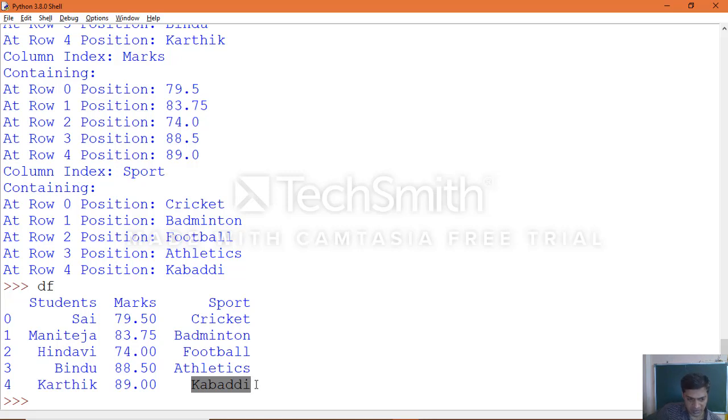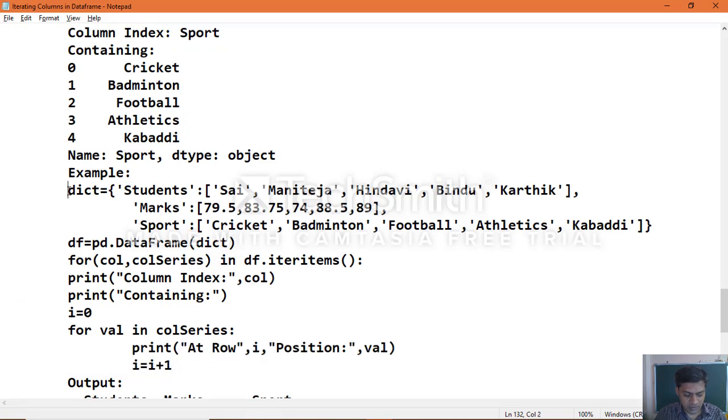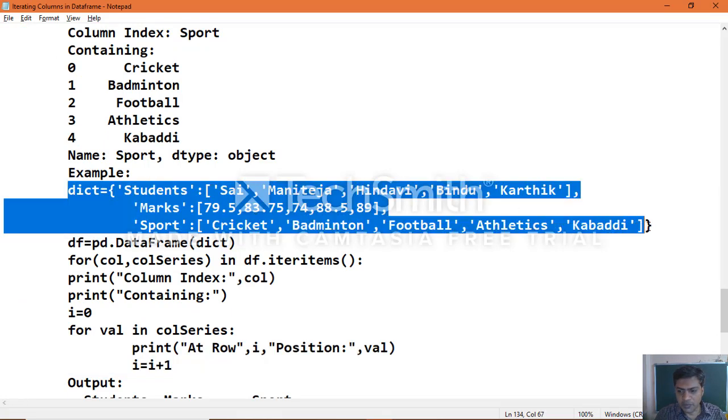Now in this particular example which we took, the row label names are default row label names, that is numpy array values 0 1 2 3 4. Now if you want to make changes to this, yes, you can make changes. You can provide your own index names. So for that you need to use the example in such a way that you use the dictionary. Again you want to make changes now.